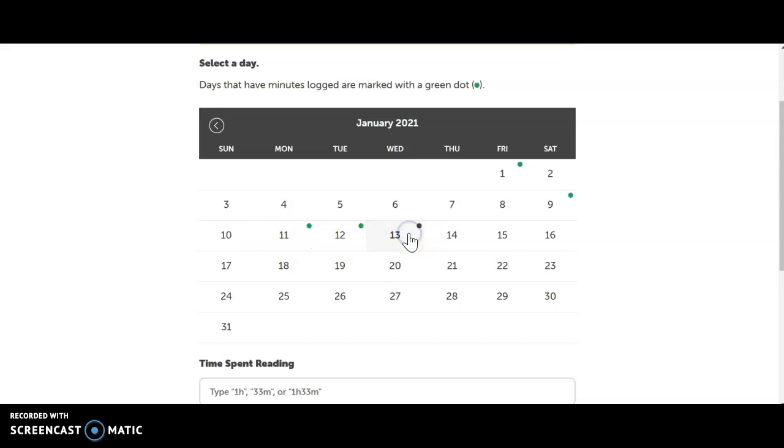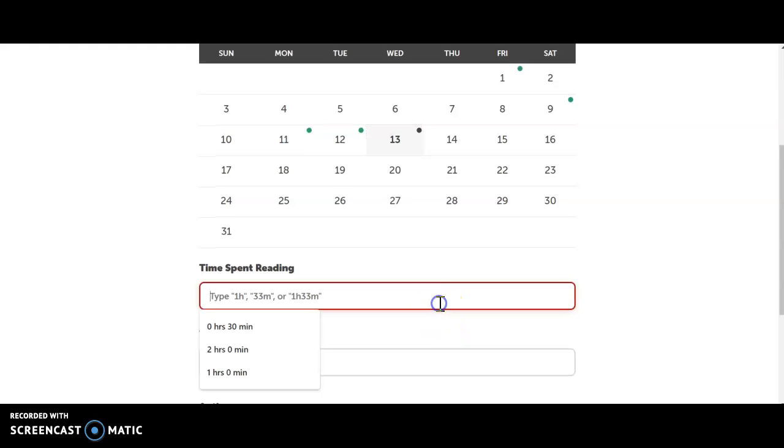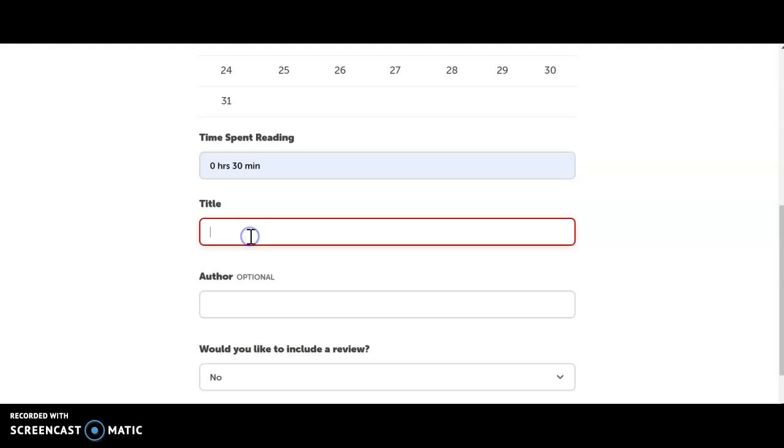So if I click on the 13th, which is today, I can go ahead and add that I read 30 minutes today, and the book that I am reading is called